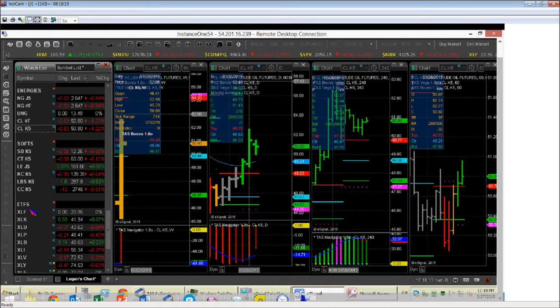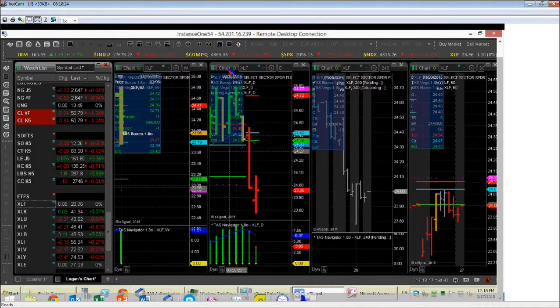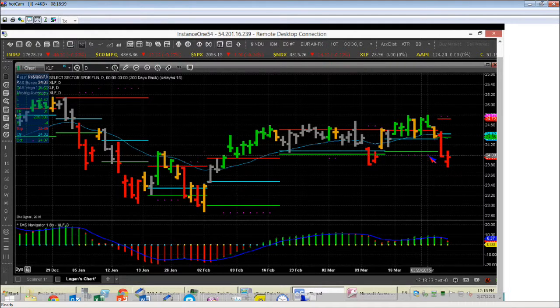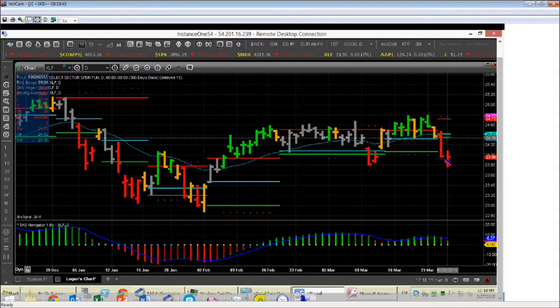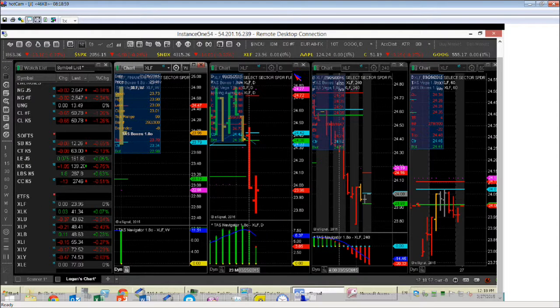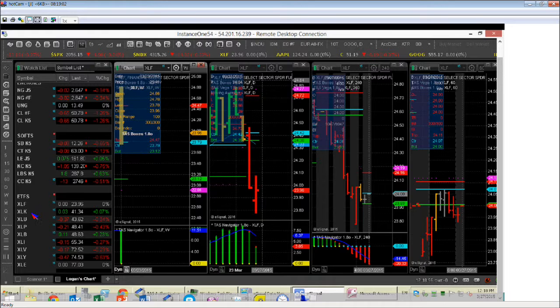Let's take a look at the XLF. Here we go. You guys know, if you've been watching the show, my feelings on this: I think we should be heading a lot lower. We finally did break down below this 24.36 area, but what do you do now? Most recent profiles have a prevalence on what's going on in the current range. So right now, we're sitting below some former support on this particular instrument, and I think we can head back down to 23.12 easily. So make sure you put your stops in. Those stops probably need to be oriented above 24.10 on the XLF.